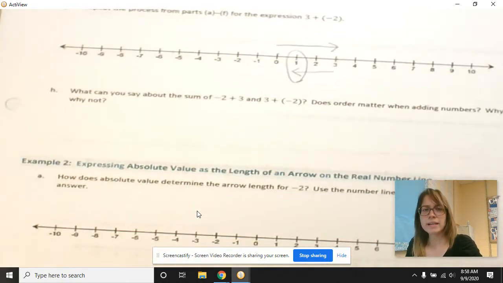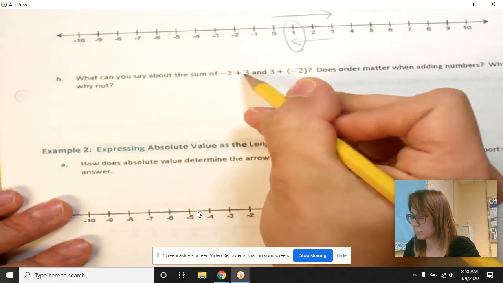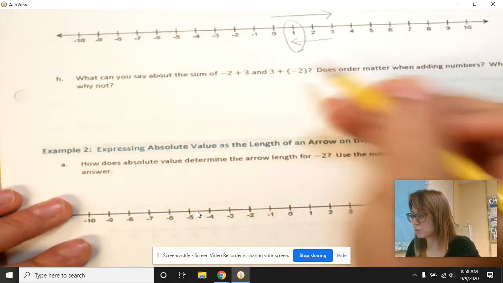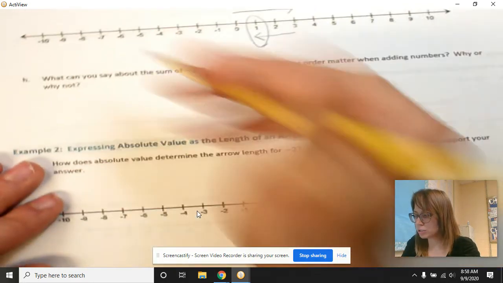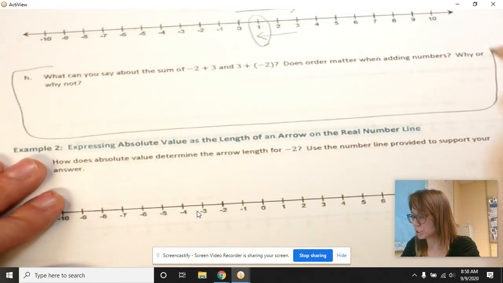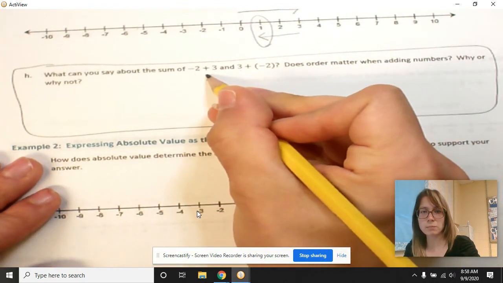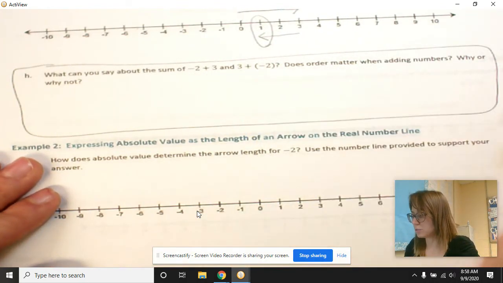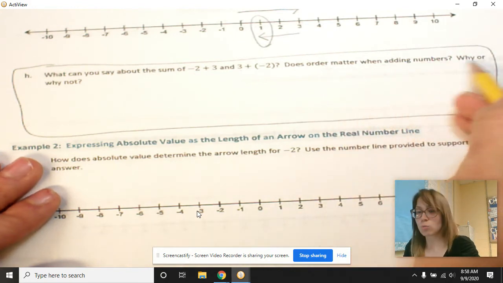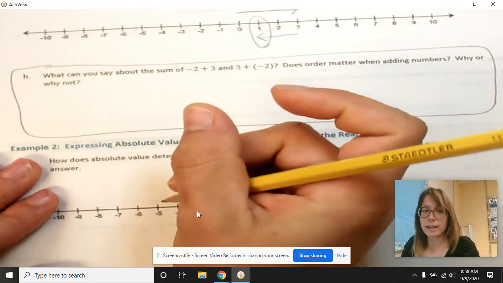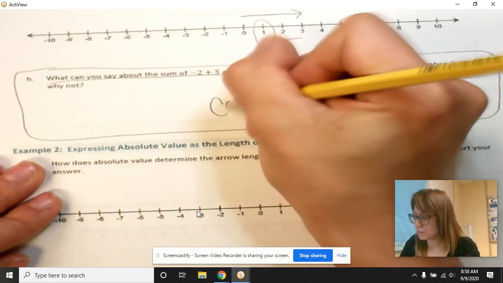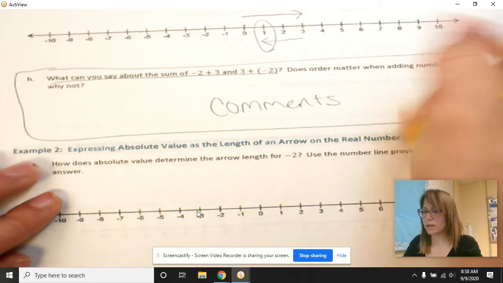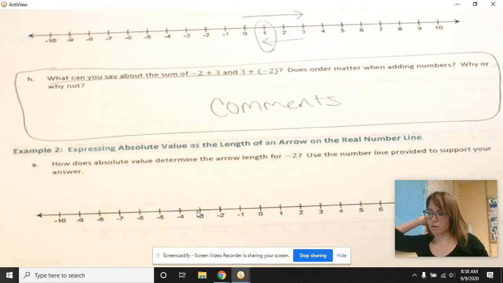So what can we say about the sum of -2 plus 3 and 3 plus -2? I want you to look at both of these number lines, and I want you to write something in the comments to answer this question. What can we say about the sum of -2 plus 3 and 3 plus -2? Does order matter when adding numbers? Why or why not? So tell us what you know. Explain your answer right here in the comments. Okay, and I'm going to stop the video here and make a third recording for our